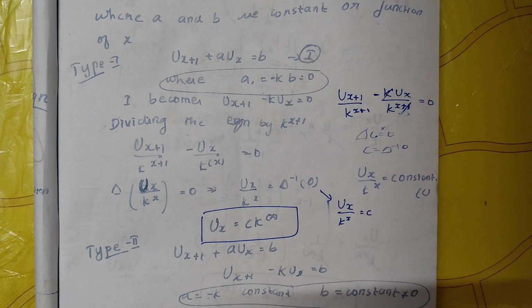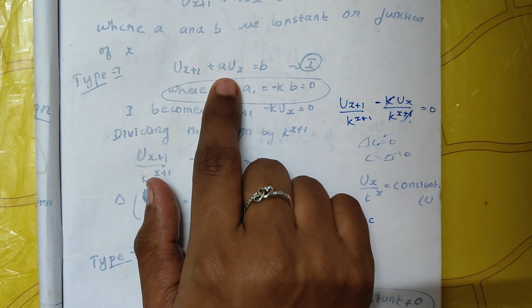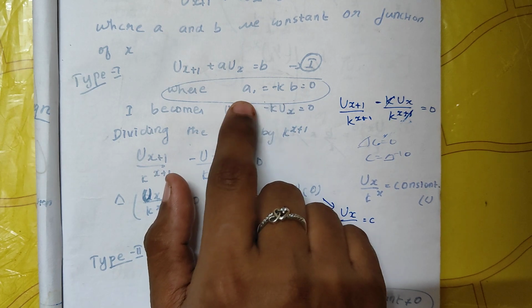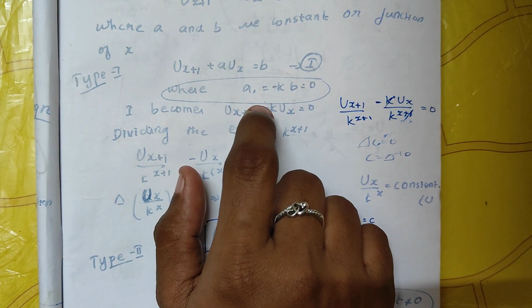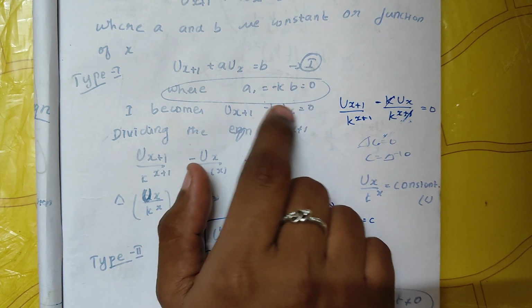Type 1 is when the equation is in the format u(x+1) + a·u(x) = b, where a is equal to minus k. Here a minus constant will come, and when the b value is 0, it comes under